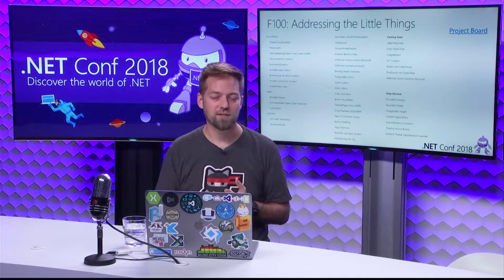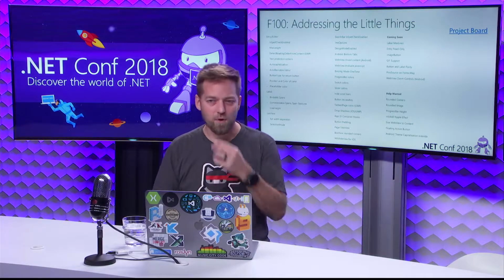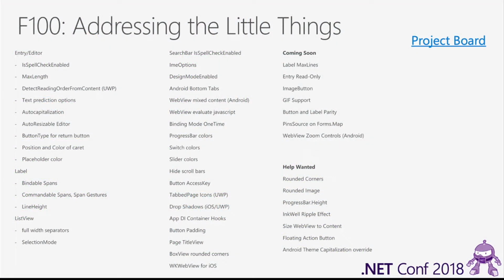Why do you have to do these things? And what we came up with through that, and through also talking to other developers in the team, was this list of F100s. This is not the full list here. These are the things that we're delivering or will be delivering soon. So essentially what these are, they're little paper cuts. These are the things where you're like, oh man, why do I have to go down into native code when all I need to do is set one property or do one little thing? Or things that are very common that need to be done that are just currently not very easy to do